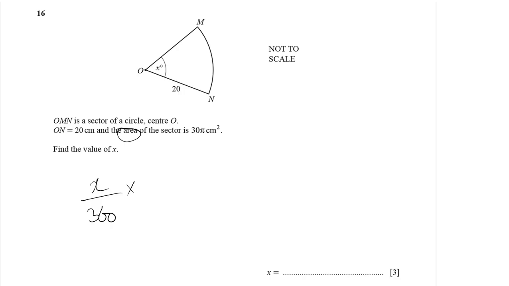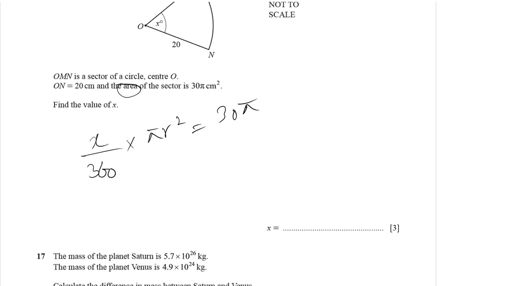And as they are mentioning area, it is x by 360 times the area of the entire circle, and we are already given the area of the circle, that is 30 pi, and you need to find the value of x. So pi will be cancelled with pi, as it is paper one, obviously it has to be done. And